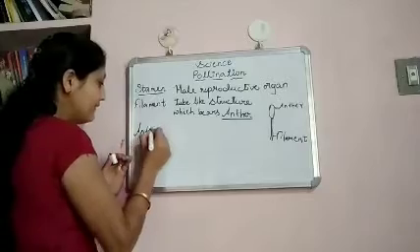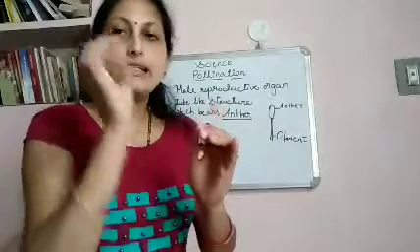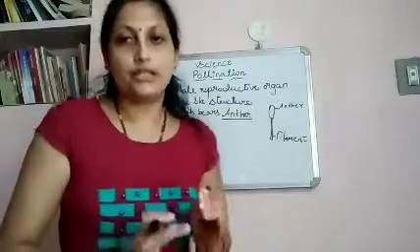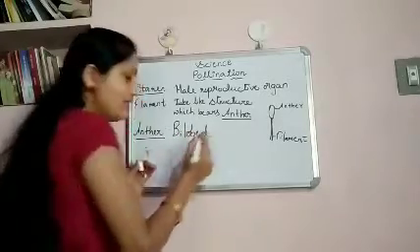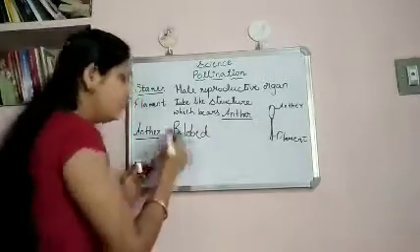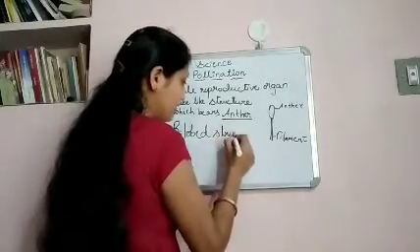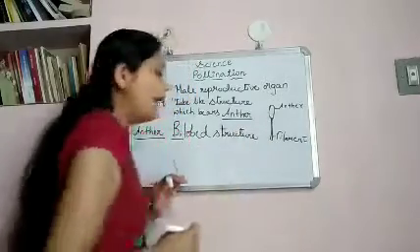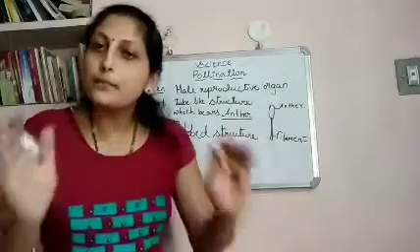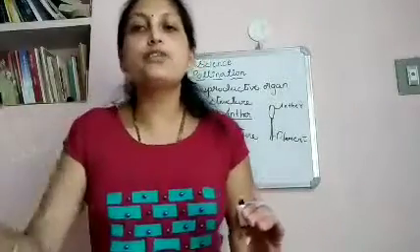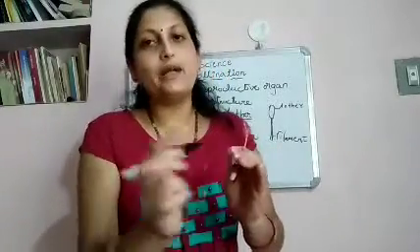When you have a close look at this anther, you can see that it is a bilobed structure. Anther is a bilobed structure. Bi means two. Bilobed means a two-lobed structure. Lobe means compartment or room. Just as you have different rooms in your houses, you might have 2 rooms, 3 rooms, etc. Like that, this anther is made up of 2 rooms.